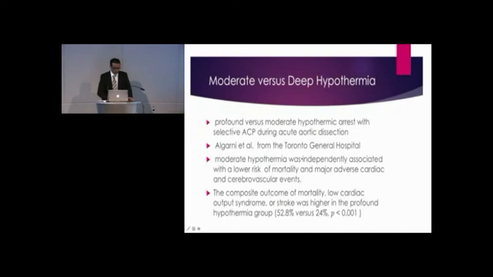Another study done on profound versus moderate hypothermic circulatory arrest with antegrade perfusion in aortic dissection. This is a very good paper from Toronto. Algarni showed that moderate hypothermia was independently associated with lower risk of mortality and adverse cardiac and cerebrovascular events. They have a composite outcome which includes mortality, low cardiac output, and stroke. They found it is more common with antegrade cerebral perfusion and deep hypothermic circulatory arrest, with a very significant p-value and